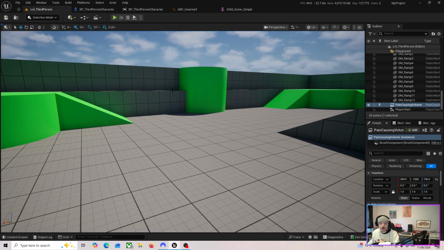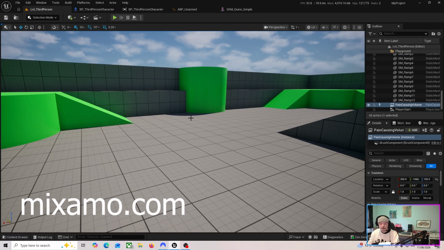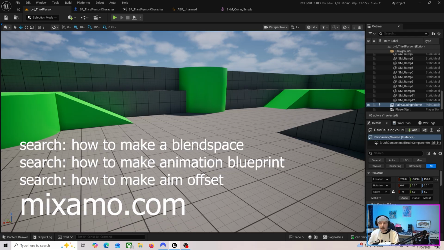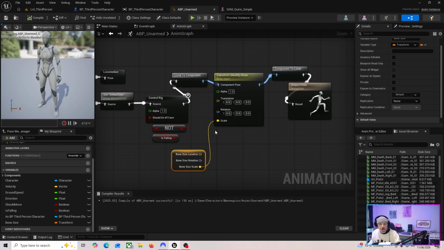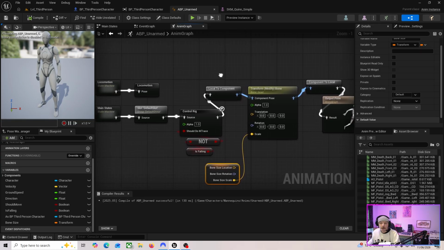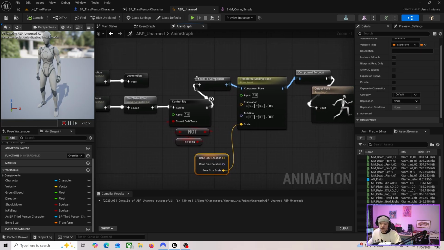But what I would suggest is, if you're a brand new beginner, go to Mixamo, download a character, and download animations, and learn how to make an animation blueprint with blend spaces. And then when you get comfortable with that, learn how to make an aim offset, and then start learning how to modify bones and stuff. Modifying bones is not super difficult, but if you haven't got the knowledge of some other things, it can seem quite overwhelming. But if you follow through what I just did,